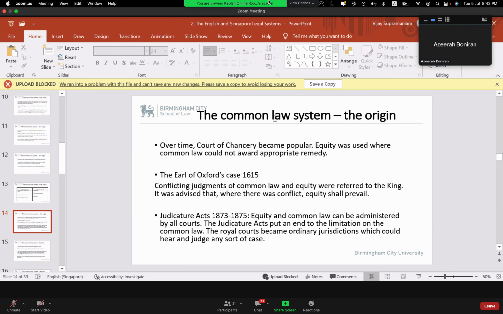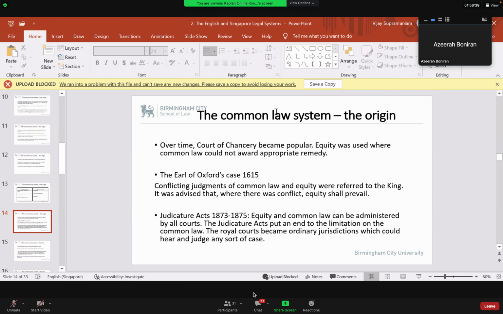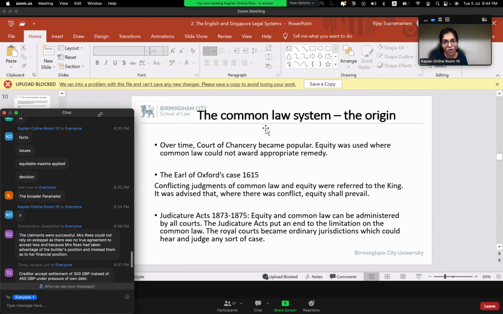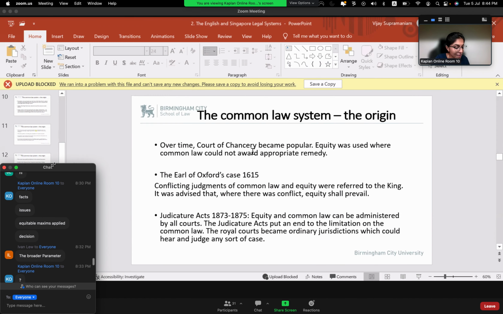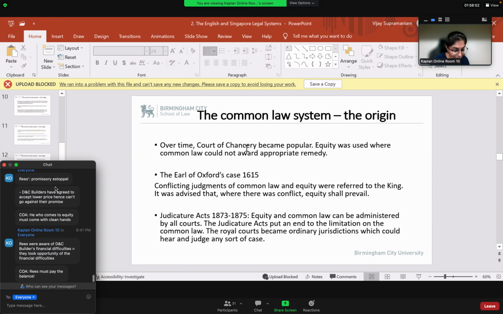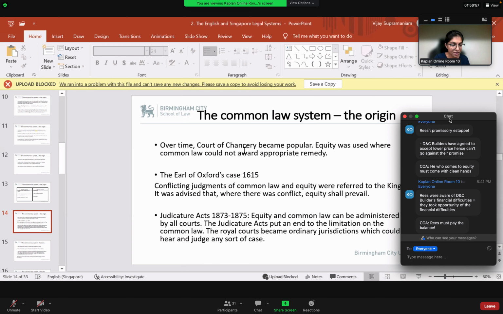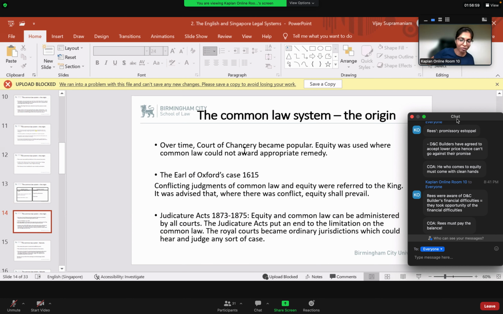Now, Miss Nirmala, sorry, can I check if DNC must prove that Mr. and Mrs. Reese were aware of their financial issues, like their financial background? Yeah, you have to. In a court of law, if you make a statement or allegation, obviously it must be backed with evidence. Right? So perhaps there would have been some evidence.